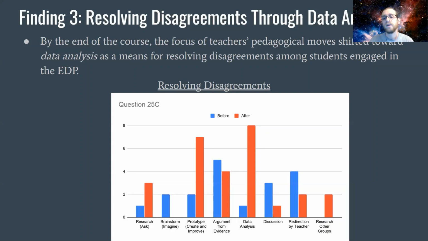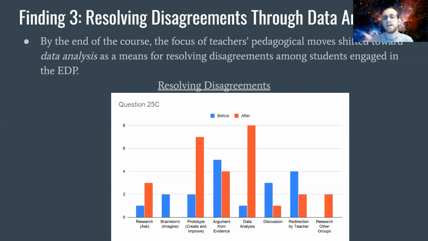This isn't important, right? But then at the end, you have teachers saying, well, you know what? Is this important? We don't really know, right? Maybe the color will be effective or have some kind of difference. So let's design a test to test things out. Let's look at what happens when we have different colors. And we had a lot more teachers at the end talking this way. So this is really showing that